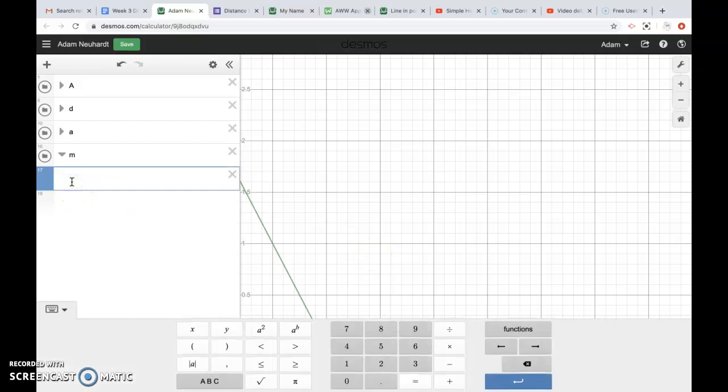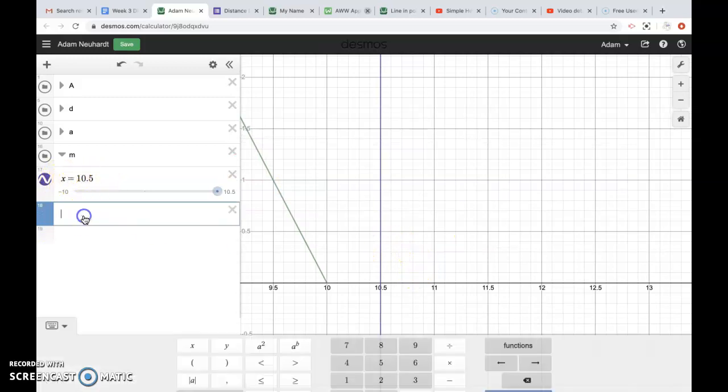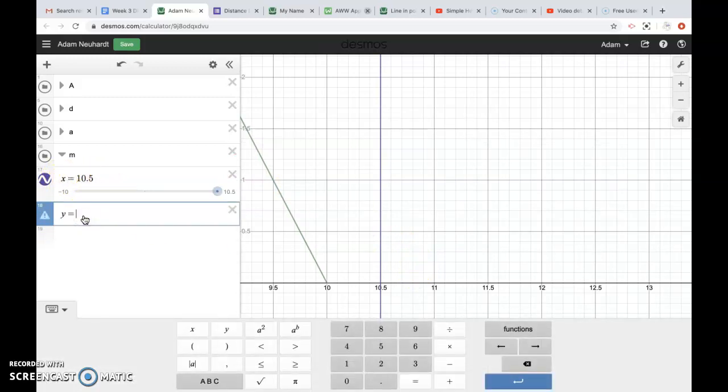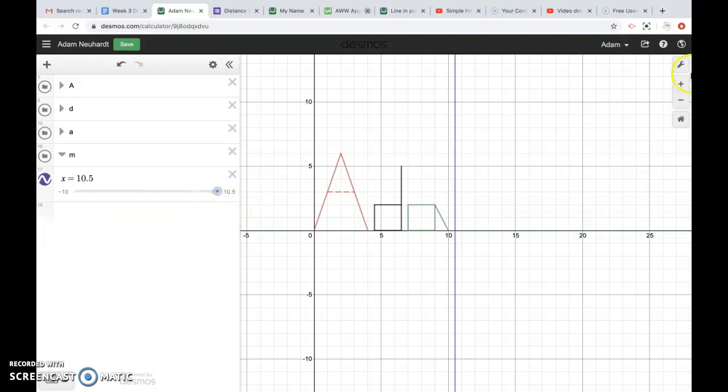So again, for vertical lines, we're going to have an X equals whatever number we want it to be at. So vertical lines, we write X equals. Now for horizontals, it's Y equals. This right here actually is way up there, but we don't want to line up there. I'm just showing you vertical and horizontal lines again. Okay, so zoom back in,